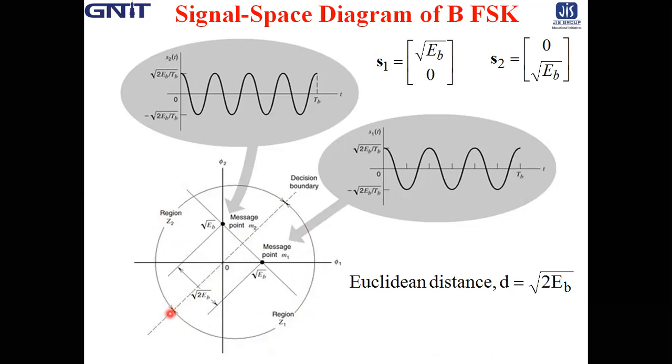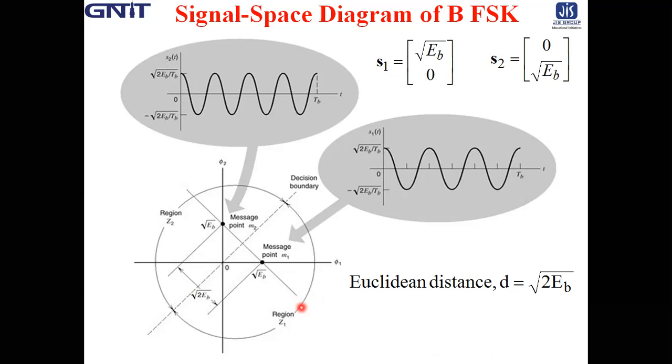The decision boundary separating region Z_1 from Z_2 is the perpendicular bisector of the line joining the two message points. The receiver decides in favor of symbol 1 if the received signal point represented by the observation vector x falls inside region Z_1,